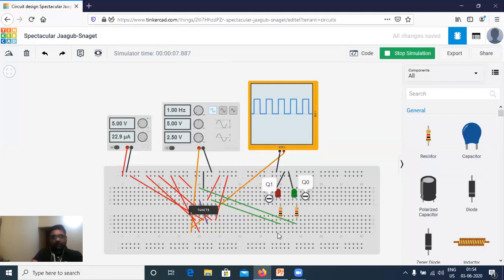Now you see. Zero, zero, both are off. One, two, three. Both the LEDs are glowing.